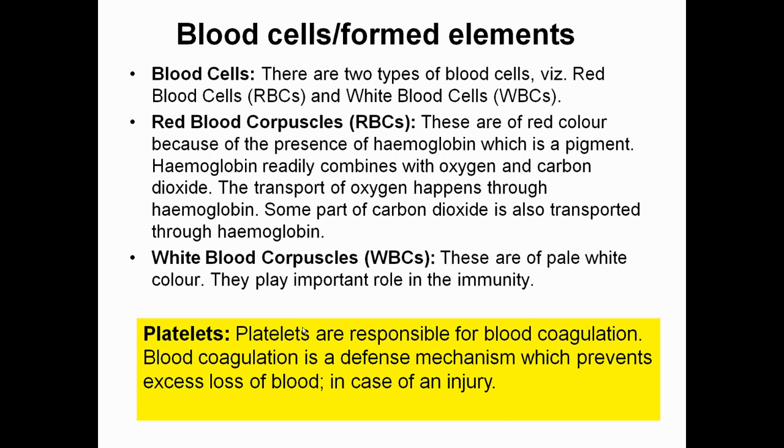What is blood coagulation? Have you ever noticed that whenever we have injury, blood used to come out or ooze out from the injured part? And this is not continuous process. After some time, the blood stop oozing out from the injured surface. That is because of the platelets. Platelets form a sheath over injured area so that oozing of blood can be prevented. This is referred as blood coagulation.